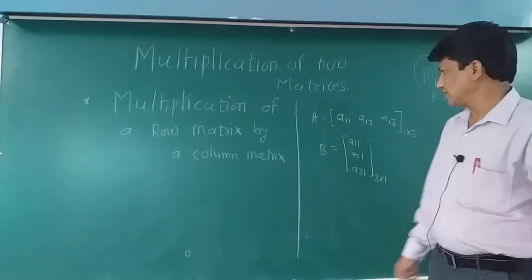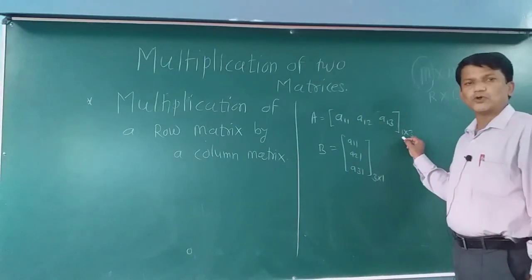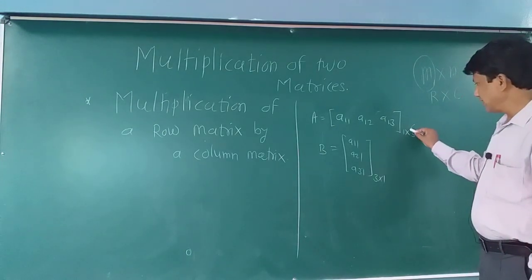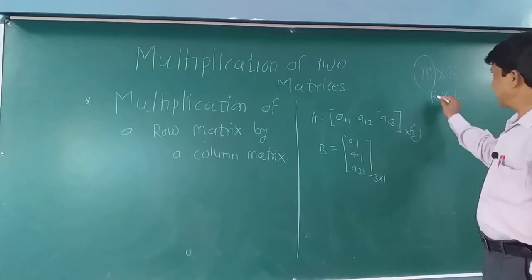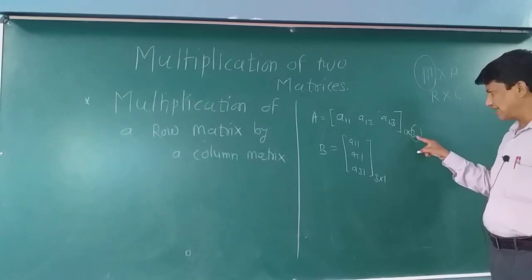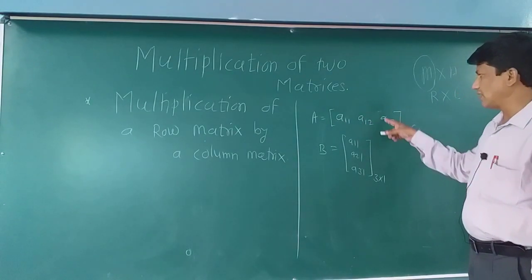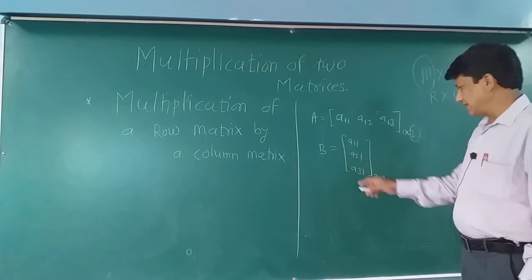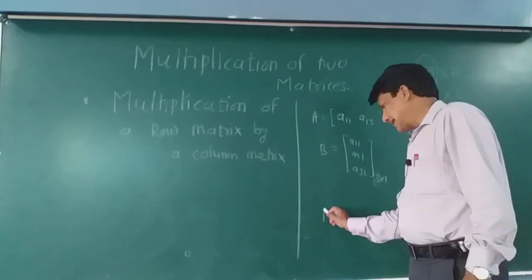What is our product rule? Here m by n, number of rows and number of columns. Look here, m by n, row by column. Columns are 3: column number 1, column number 2, column number 3. Columns in the first matrix are 3, and here the first number is 3, the same. So the product